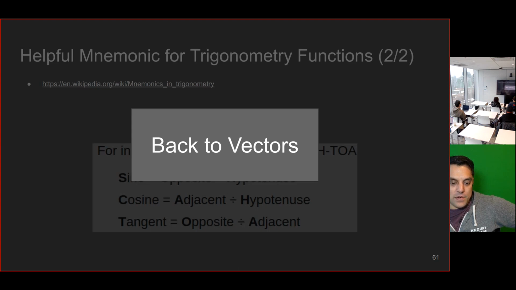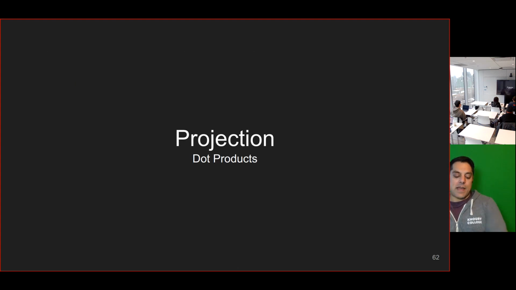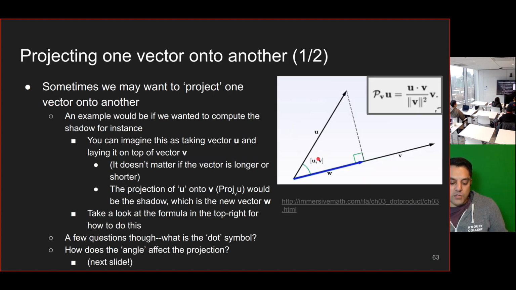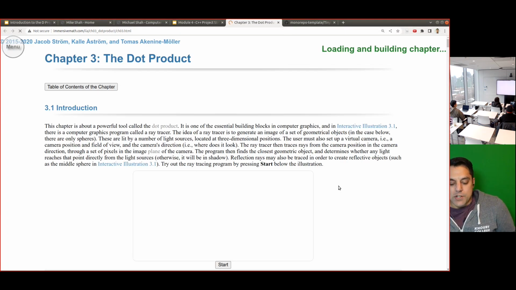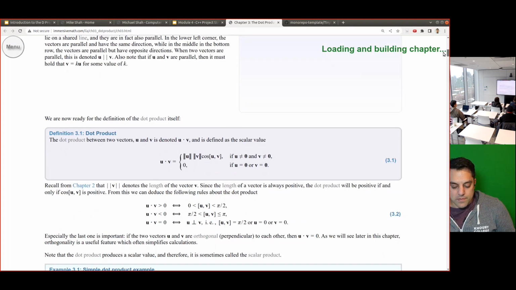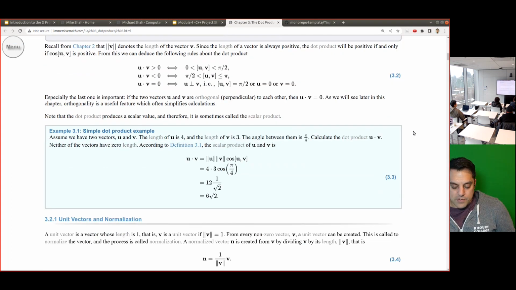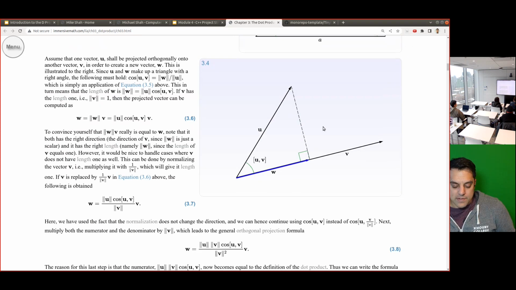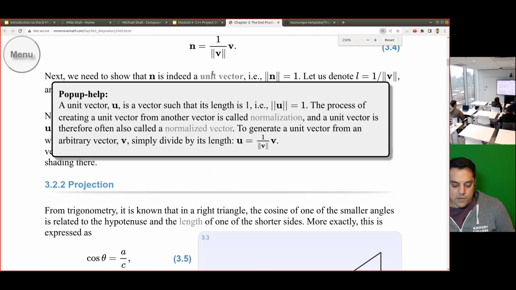All right. A few other tools that we'll want to add here. So back to vectors, and one tool is projection. This is useful for computing dot products, and I'll just show it in a demo rather than going through the text. The idea of projection is, if I have two vectors and I want to project one onto the other, let's give these demos a go. Again, this is a nice interactive text here, and this is the useful demo